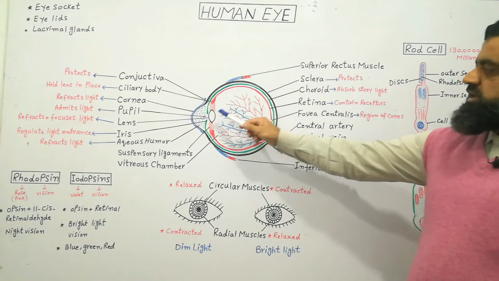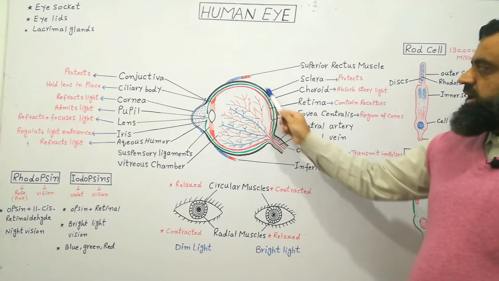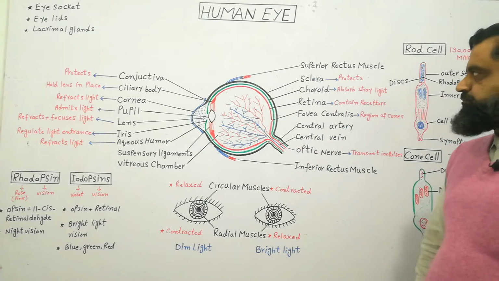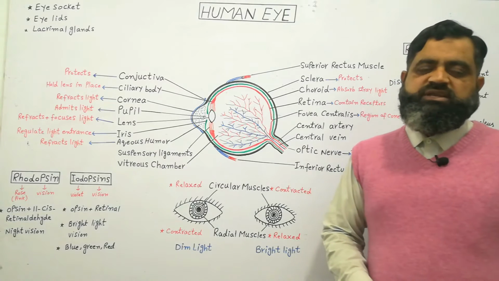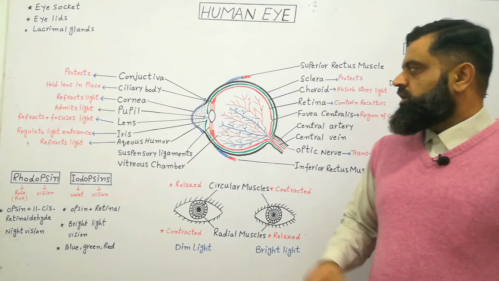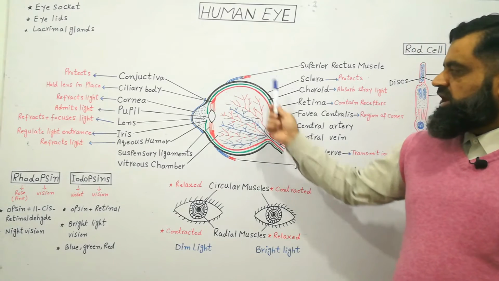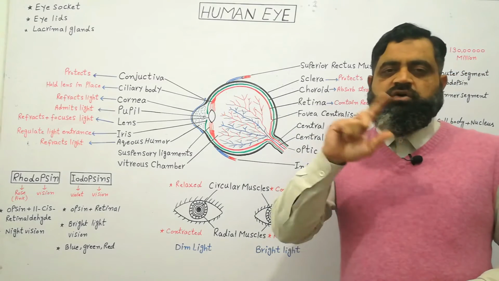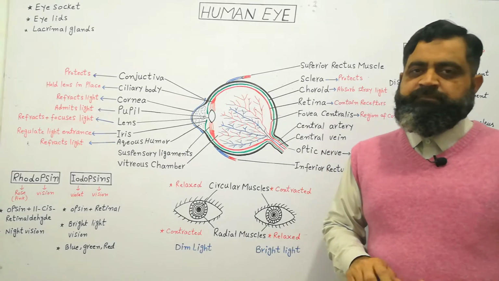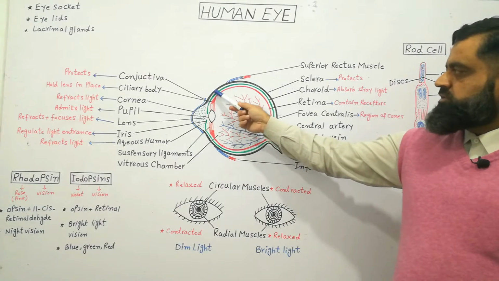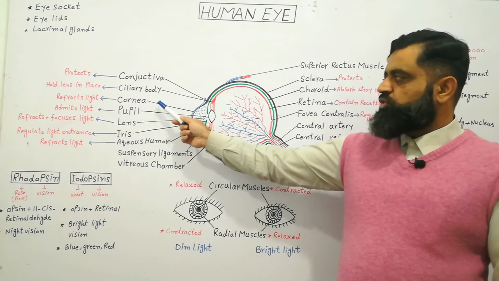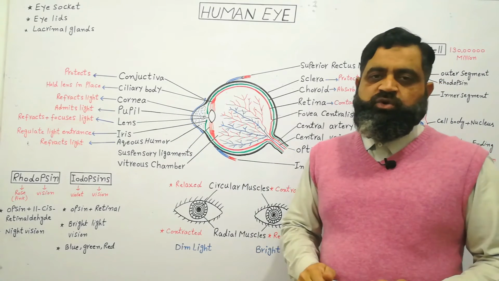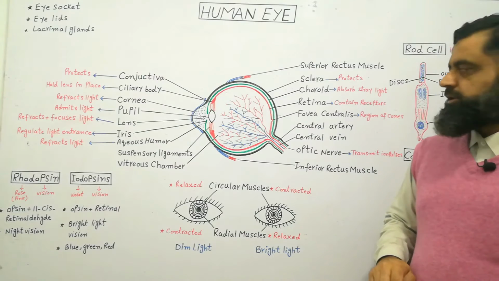The outermost layer of the eye, which you can see in the black color, is known as sclera. Sclera is made up of connective tissue which protects inner parts of our eyes. On the average, all the white color of the eyeball is sclera. Sclera is protective on the back side, but on the front of the eye it becomes cornea which admits light into our eyes and is transparent.